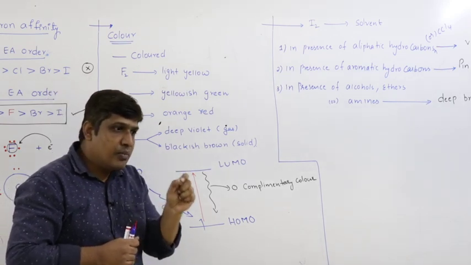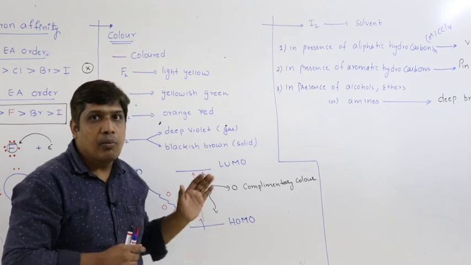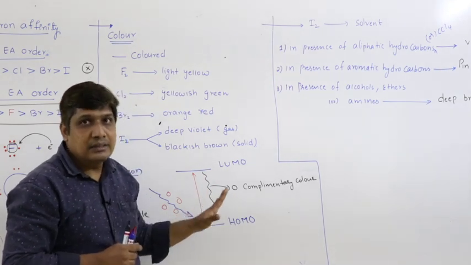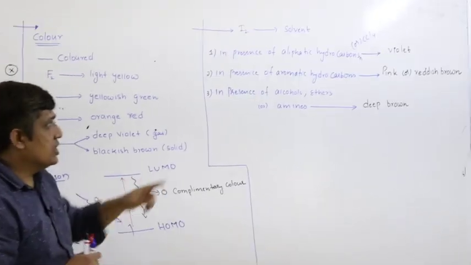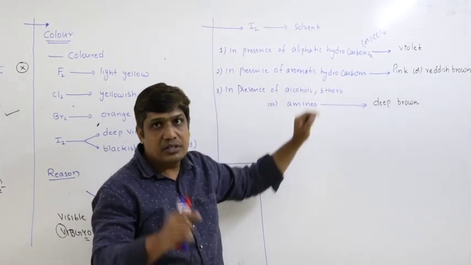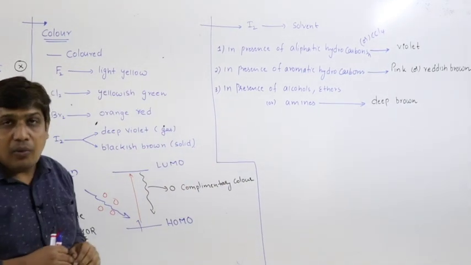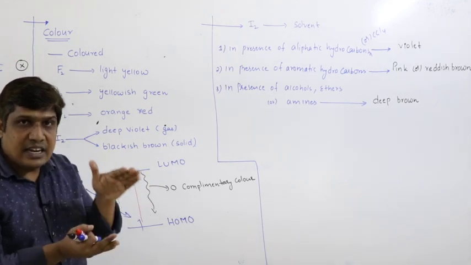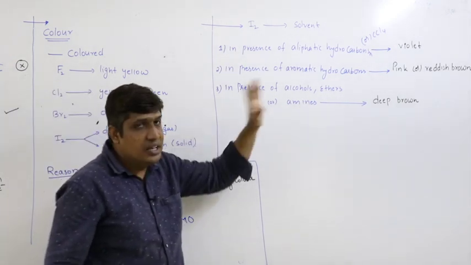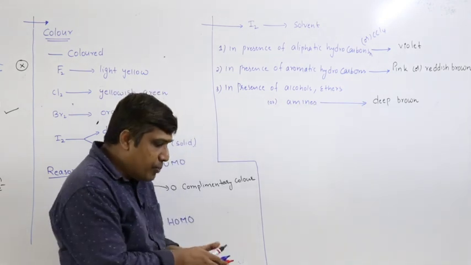So if there are non-bonding electrons, or electrons that are capable of occupying the molecular orbitals in the iodine molecule, then the energy difference will change. In case of aromatic hydrocarbons, they possess pi electrons. The pi electrons may occupy molecular orbitals, and the HOMO-LUMO energy level changes, their energy difference changes, the color will change. When I come to alcohols, ethers, amines, so they possess